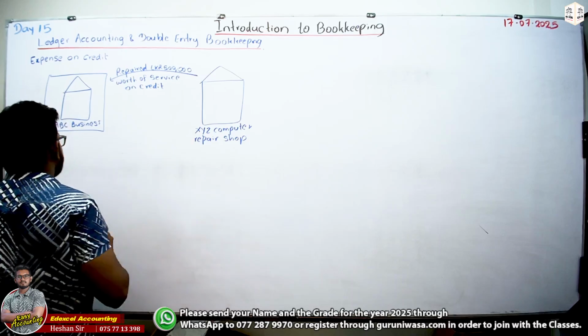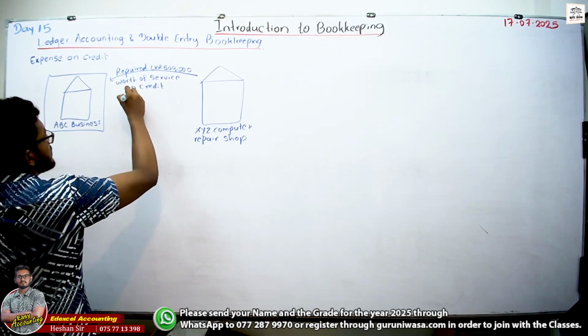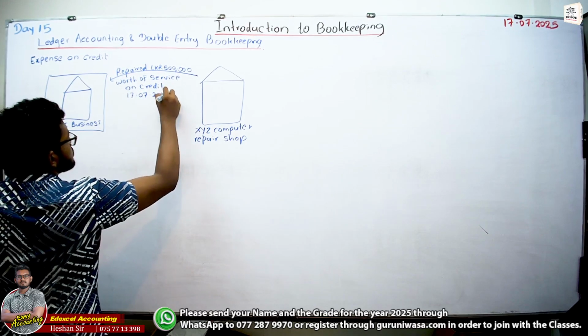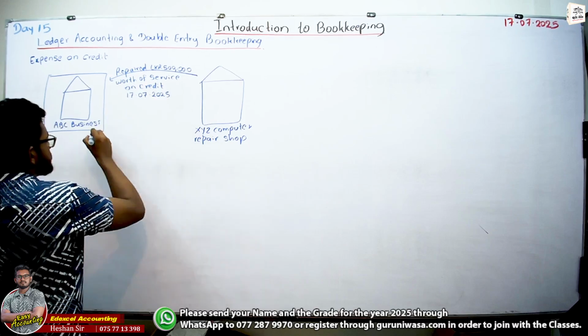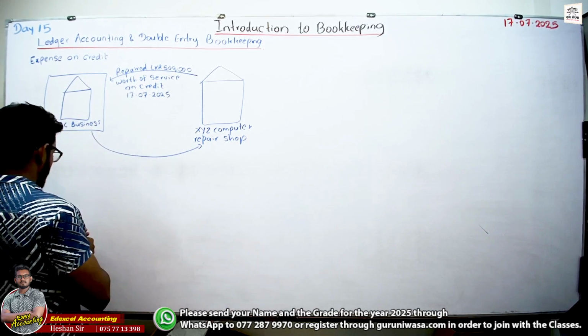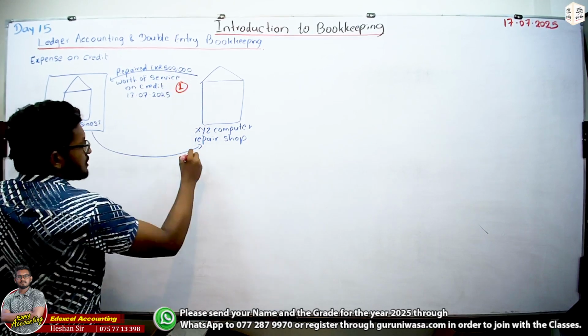Let's take the date today. Today is 17th July 2020. Then they send the invoice as well. After that, now this is point number one, right? Number two,